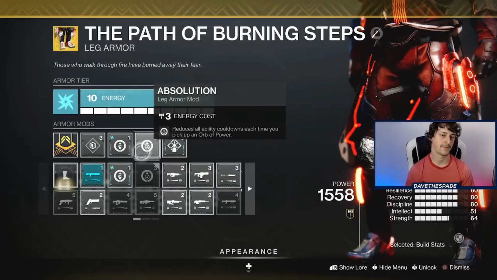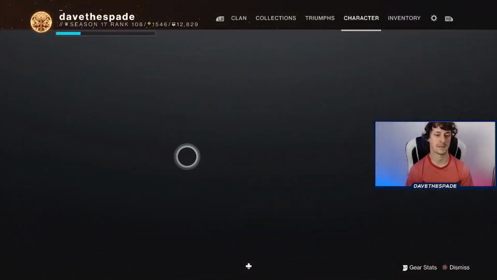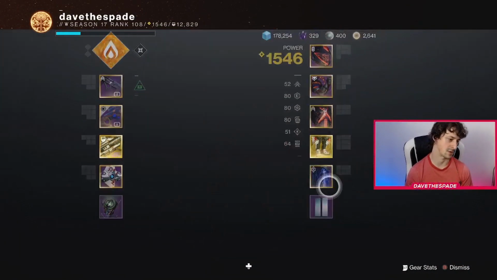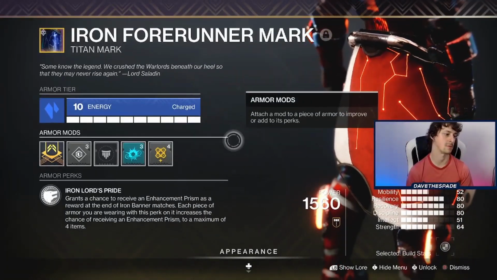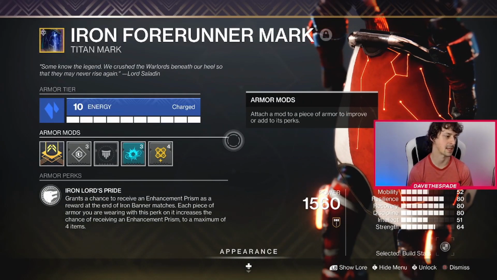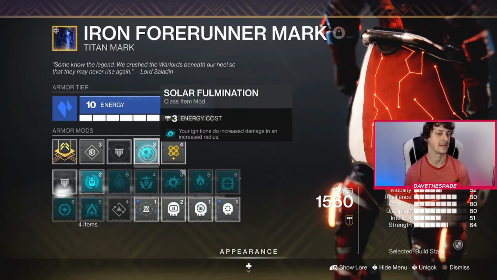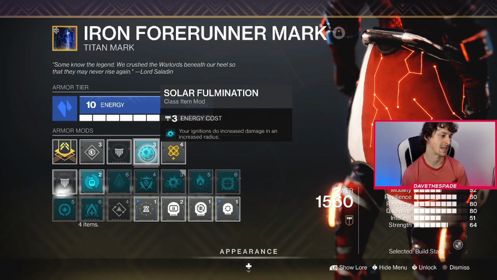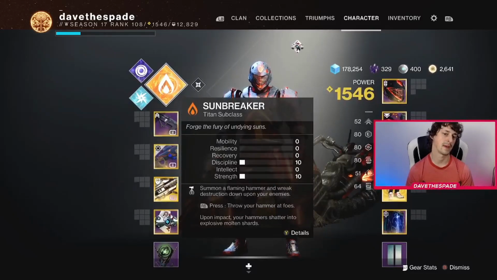Because of Absolution and Invigoration, we'll get our abilities back faster when we pick up said orb. And then, of course, using High Energy Fire to get another damage buff. So we've got 2 damage buffs, which will allow us to 3-tap and stuff with this Scout Rifle. And then we're also using Solar Fulmination, so our ignitions do increase damage and an increased radius. All that stuff then pairs with